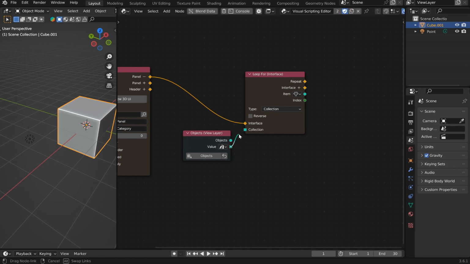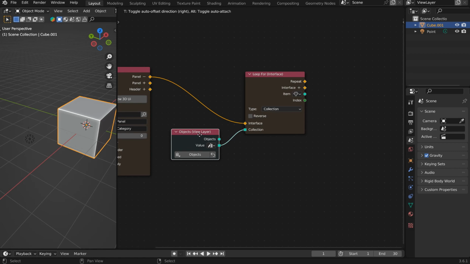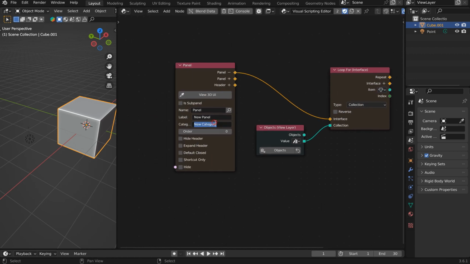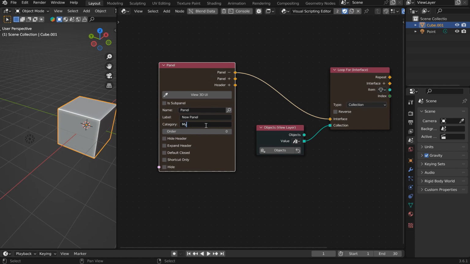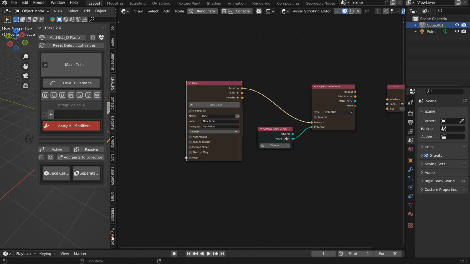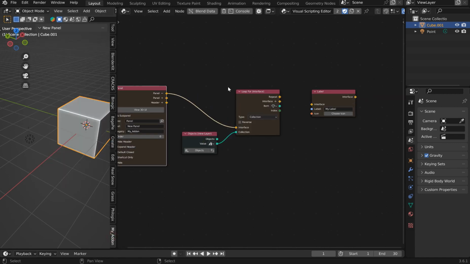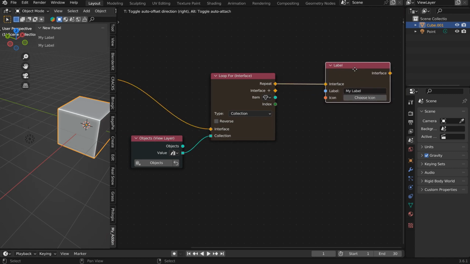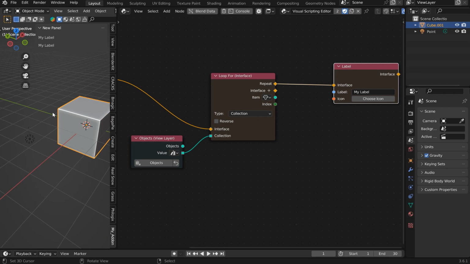So Shift V, I'm going to grab the square socket to the square socket because that's going to be the collection. I'm going to grab a label node and pop it here. You can switch the category, you can see that, to my add-on. Come down here and grab my add-on. Nothing's showing up yet. As soon as we plug this in, we're now looping my label